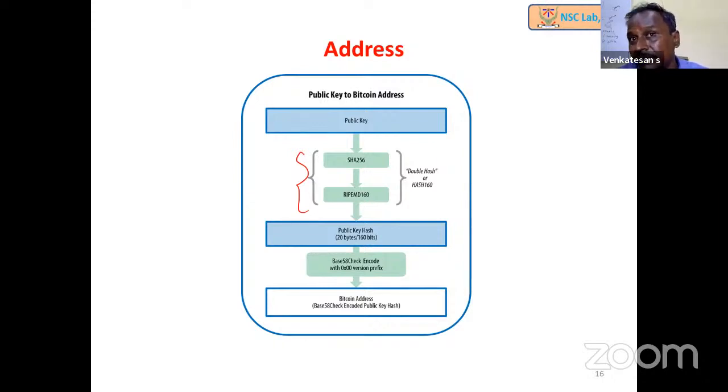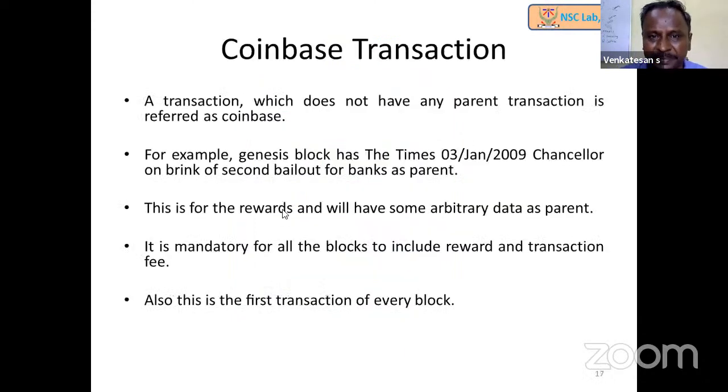So in that case, they will have a larger number of key pairs, and it is very complex to maintain that. So what they will do is have a root secret or master secret. By using a counter, they will create more key pairs, and those will be kept in the wallet. It may be a hot wallet or a cold wallet. Wallets, anyway, we'll be discussing in the coming slides.